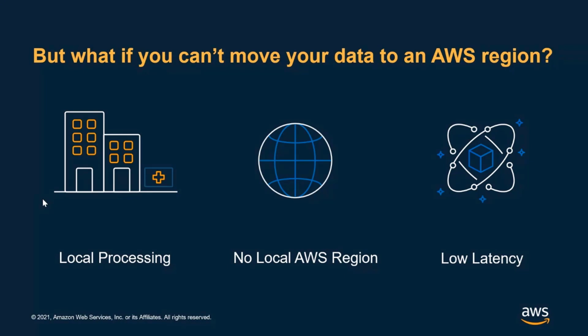So you've got huge volumes of data to process at the edge, or maybe corporate policies that say you have to process the data where it originates, where it's being created. Or we may not have a local AWS region, and it may be operating within boundaries where you do have policies, or there are governmental policies where the data and the processing do need to stay in that geography, or